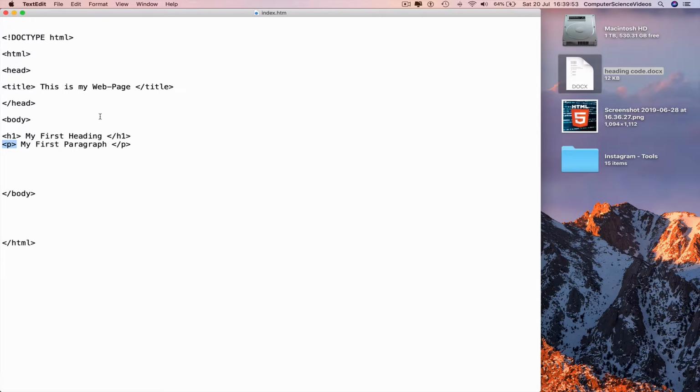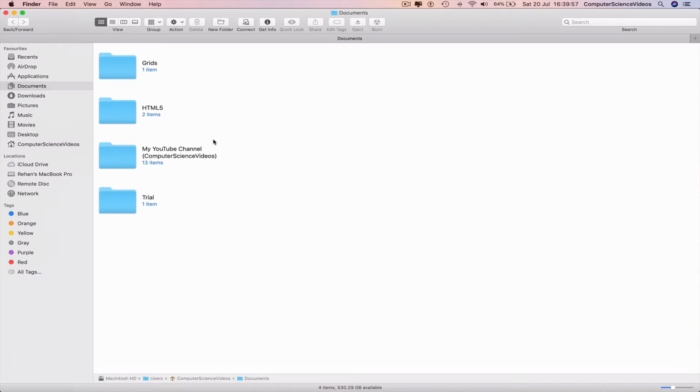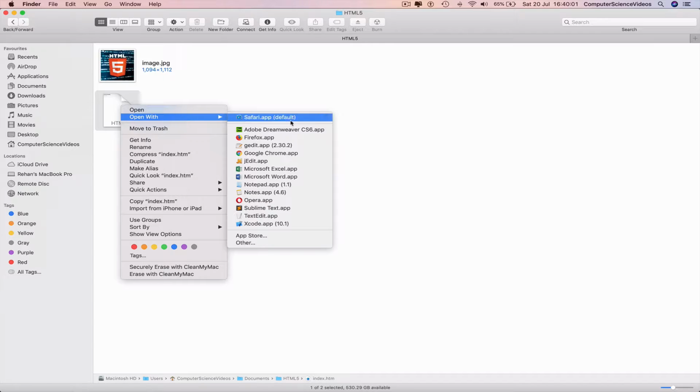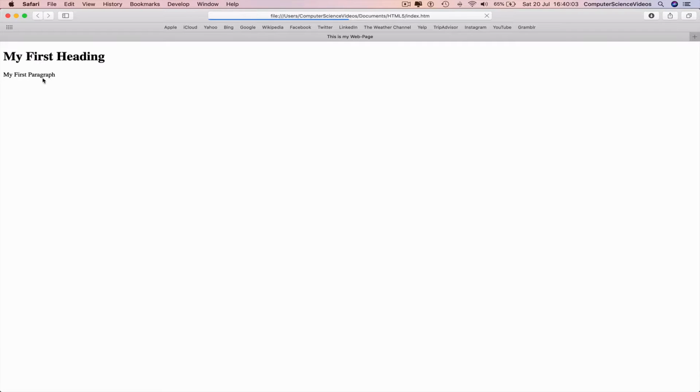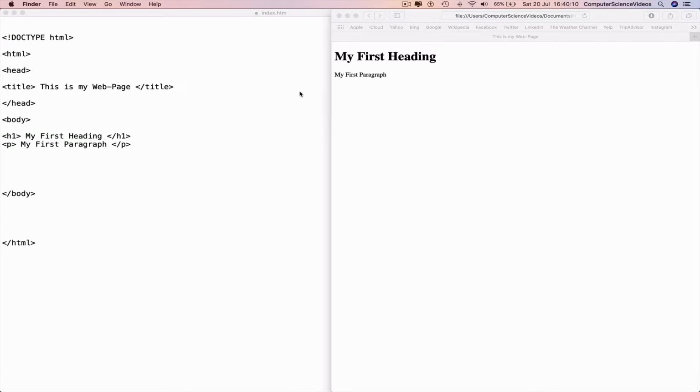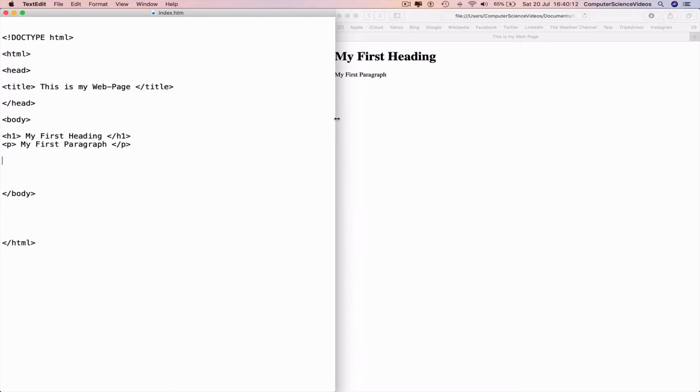So if we save this, go all the way to Finder, Documents, HTML5, right click index.html with Safari. This is what we should see on screen. My first heading, my first paragraph. If we look at the TextEdit file and the web browser side to side for one moment,